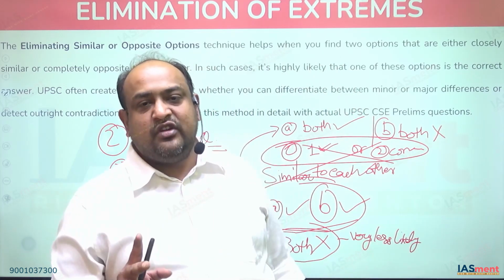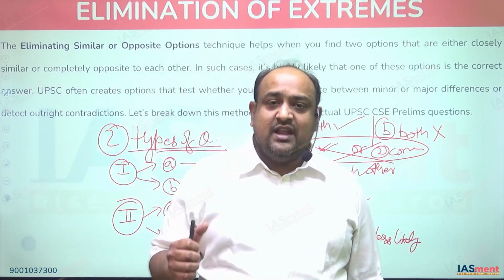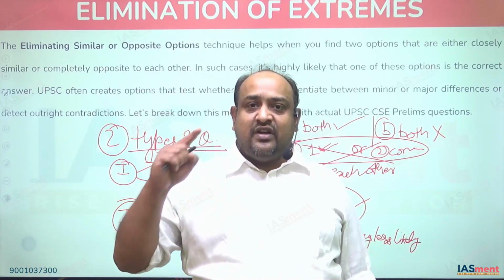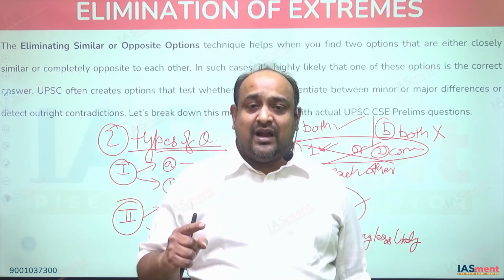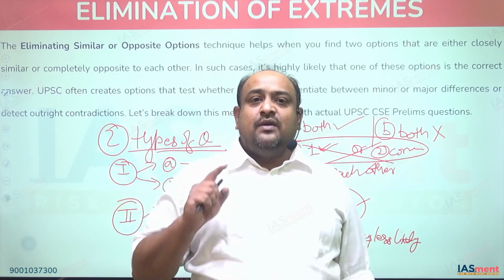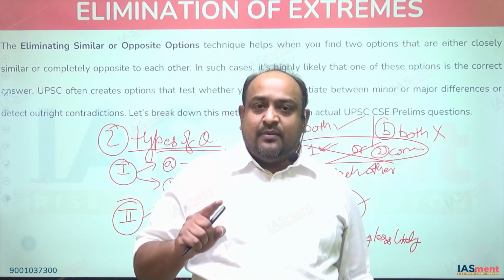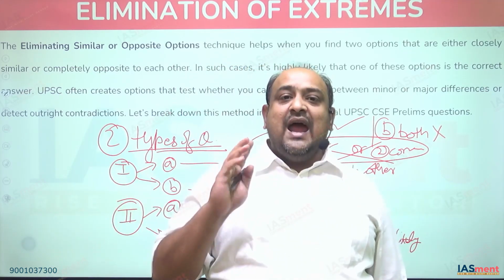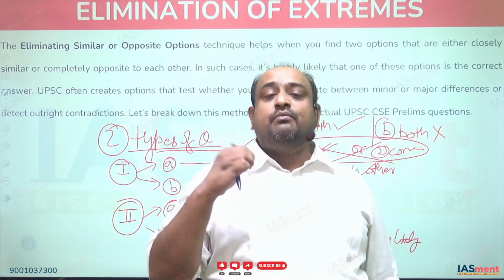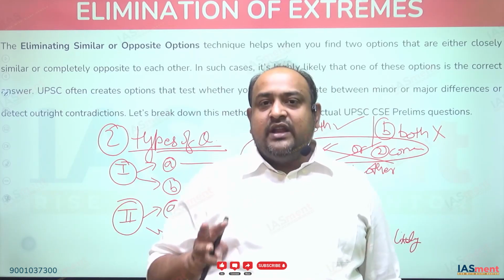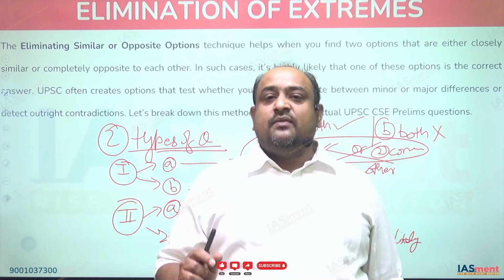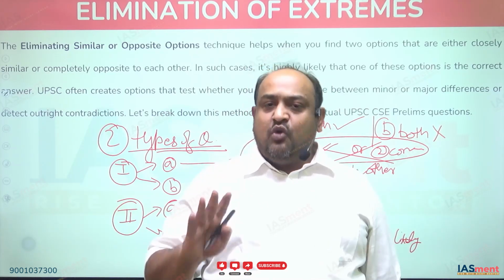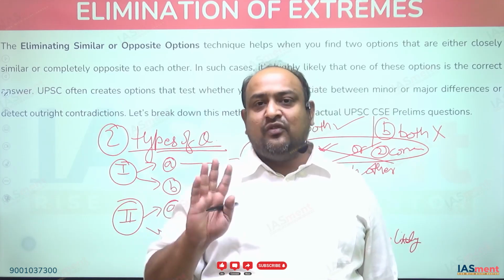And the second type of question which can be framed in this technique is where the given two statements are contradictory to each other, meaning whatever statement 1 is saying, statement 2 is totally opposite to that. If this is the scenario, then the correct answer will be either statement 1 is correct or statement 2 is correct. There is also a third possibility that both the statements are wrong. The third possibility is less likely to happen. The chances are less that UPSC frames a question in which both the statements are wrong. More chances are that either of the statements will be right.